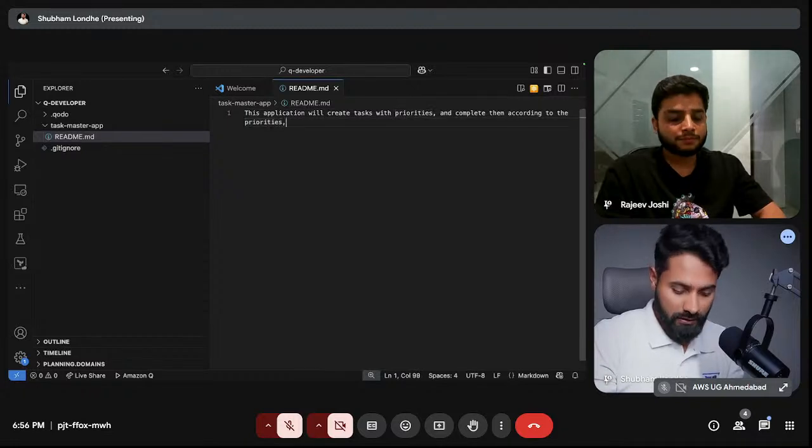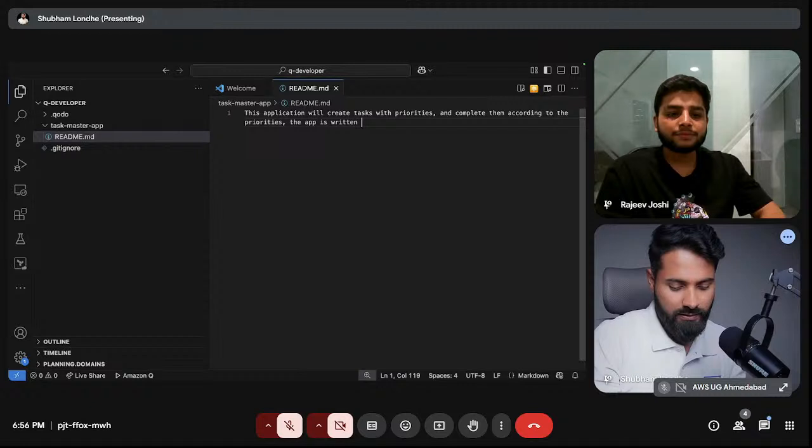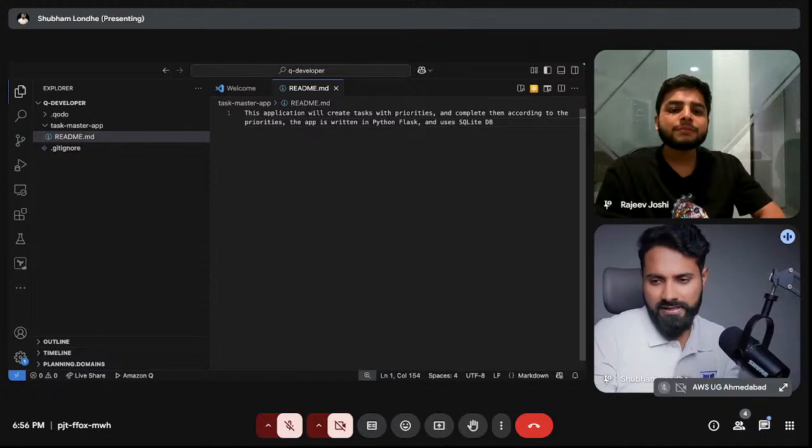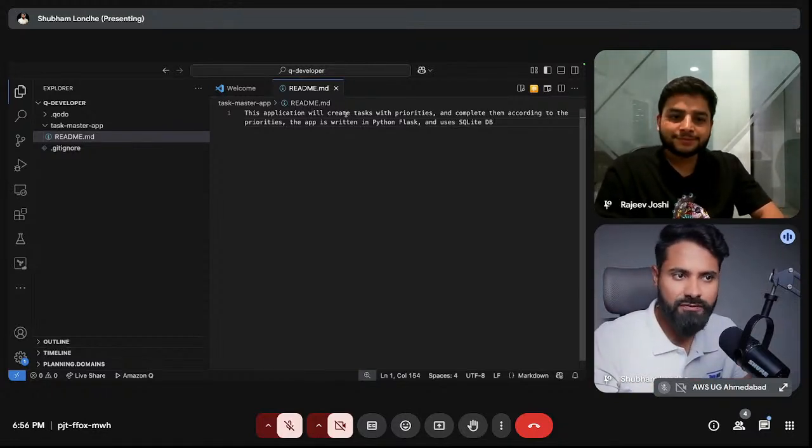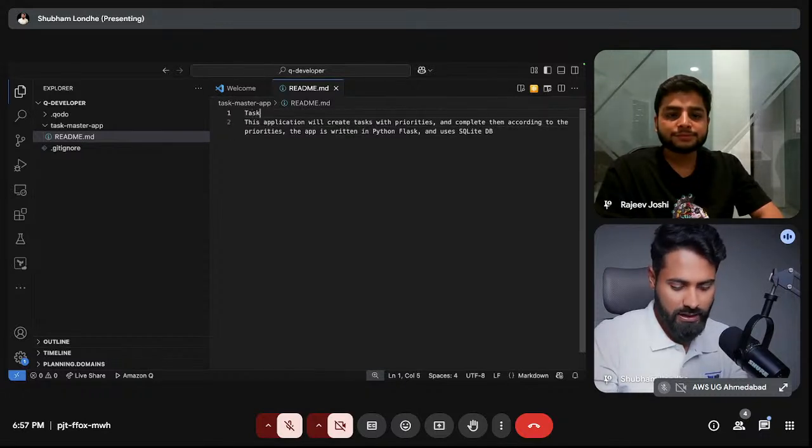The app is written in Python, Flask, and uses SQLite database. Simple idea that there's an application which will create tasks with priorities and complete them according to this. Basically, it's a task master app.